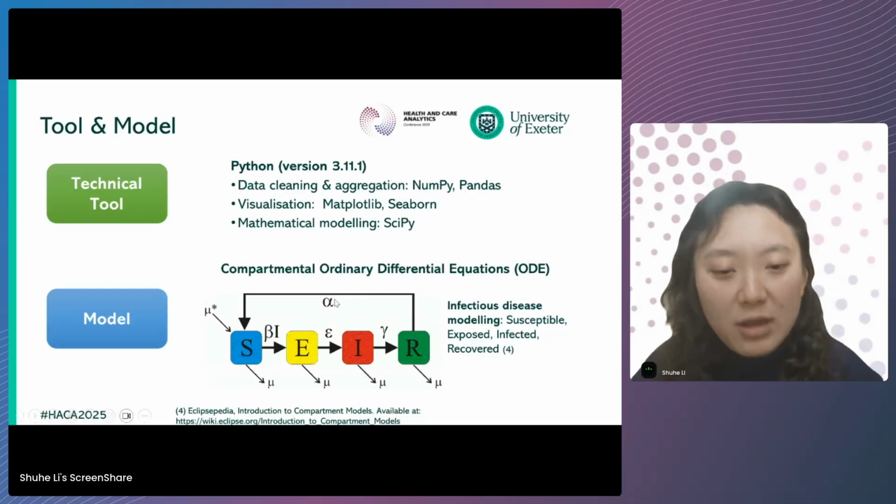A well-known example of this ODE model is the SEIR model, which effectively predicts the spread of infectious disease like COVID-19. The SEIR model breaks down the population into susceptible, exposed, infected, and recovered states. We chose this because it perfectly matches our need to track and estimate all state variables at fine time